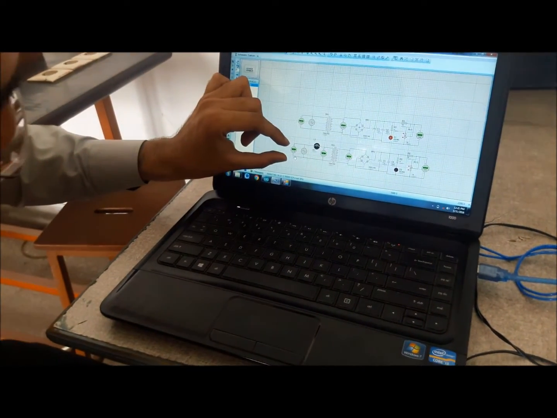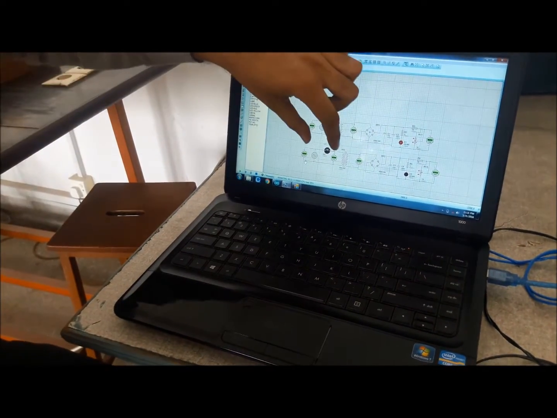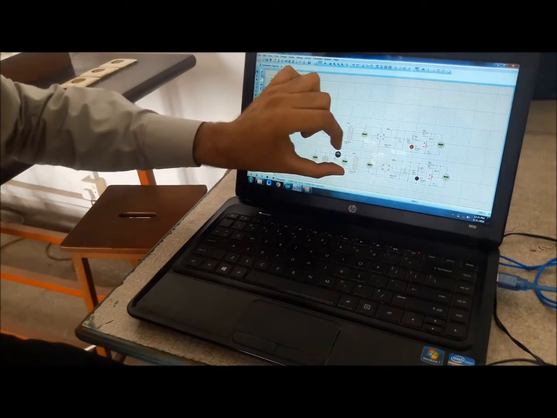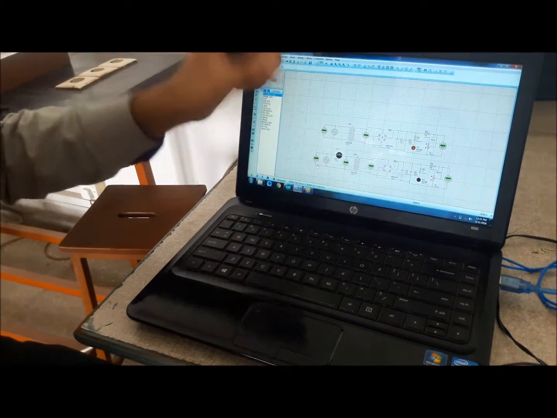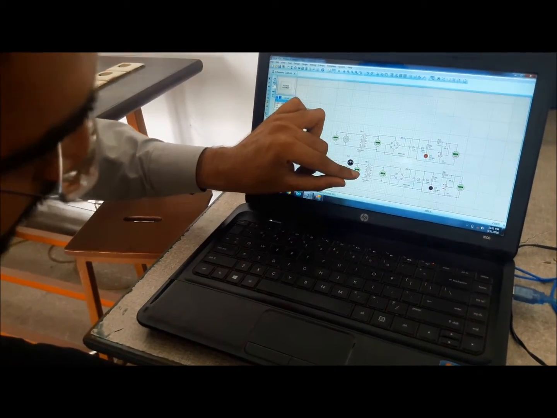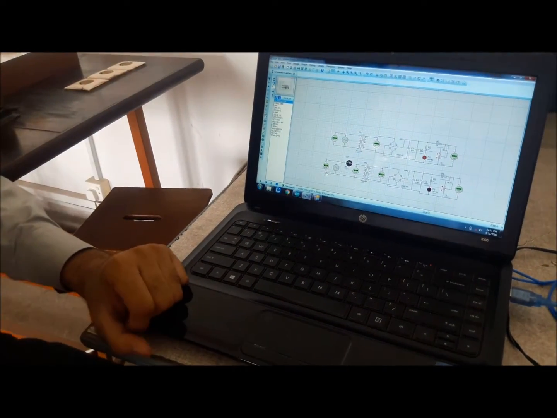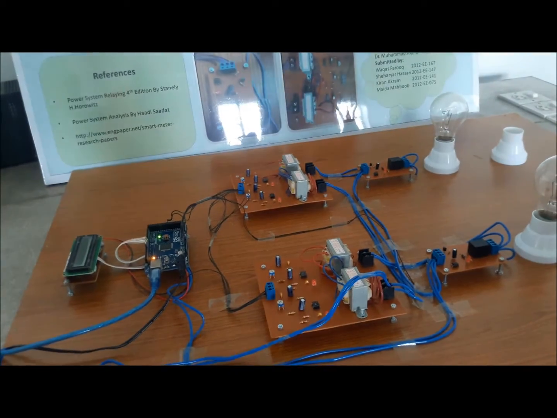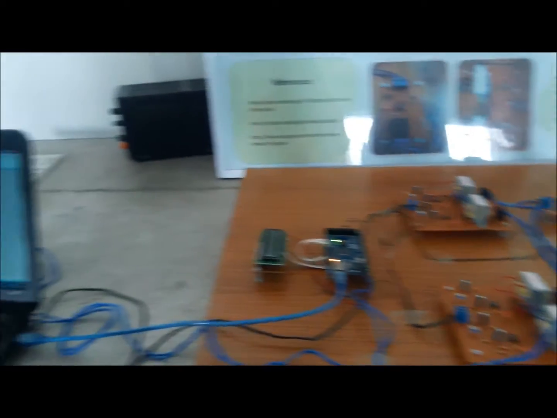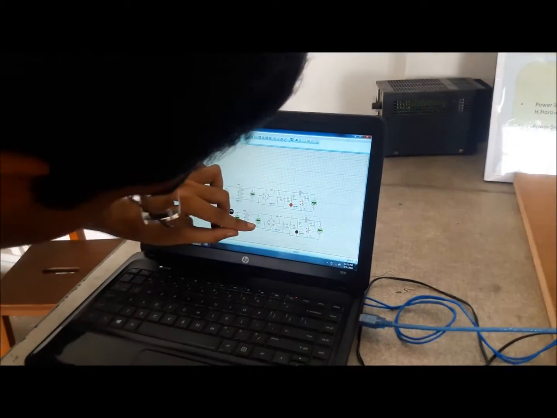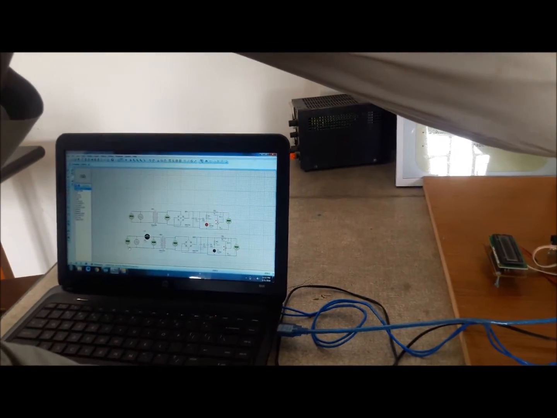So this is our 220 volt AC, and we have a bulb in series, and then a resistor of a very small value, so that we can get 32 millivolt AC. So this is 32 millivolt AC here. And then we have a step up transformer to get 3 volt AC. You can see, this is the step up transformer to get 3 volt AC.